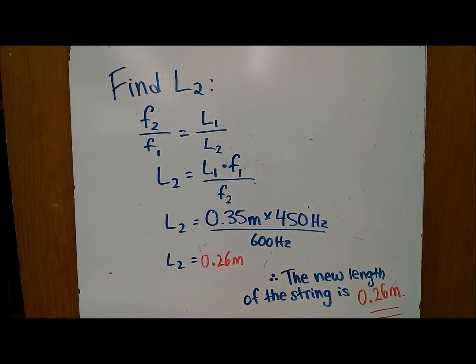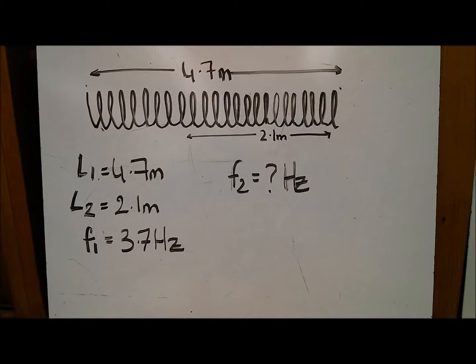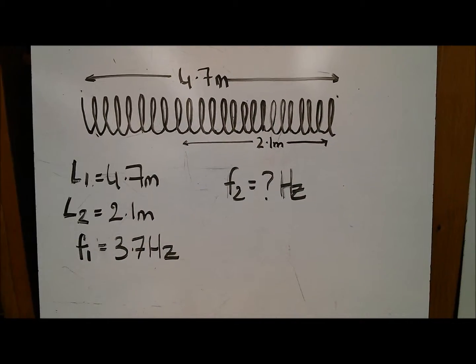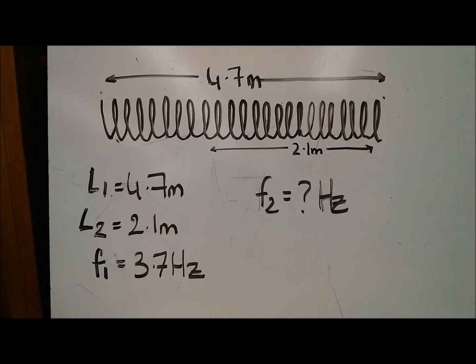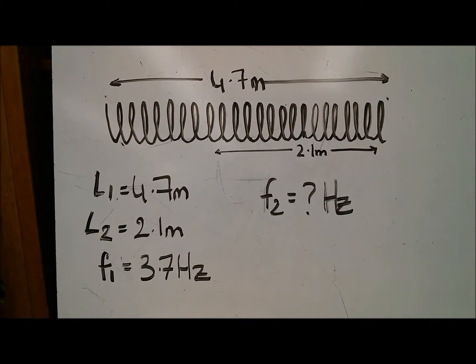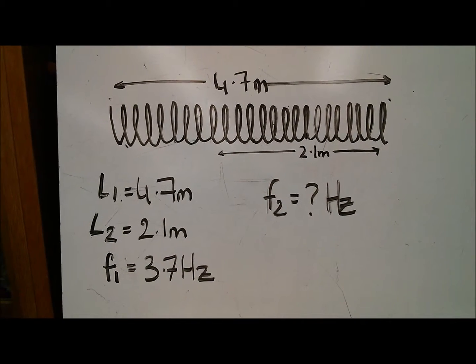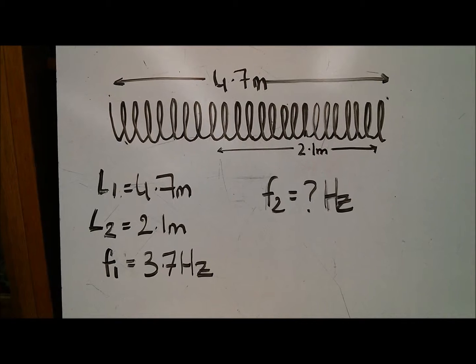Let's try another one. A spring 4.7 meters long vibrates with a frequency of 3.7 Hz in its fundamental mode, or its first harmonic. You hold the spring down so only a 2.1 meter section can vibrate. What is the natural frequency of this section? Again, we label all of our given information directly from the question with proper units and state that we must